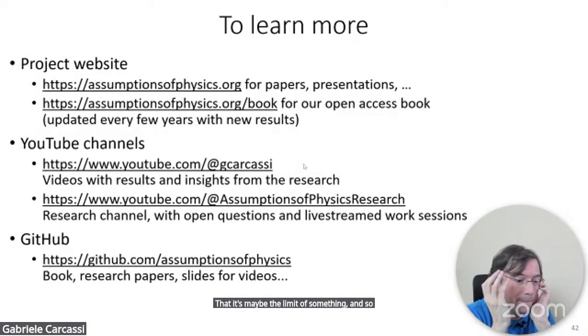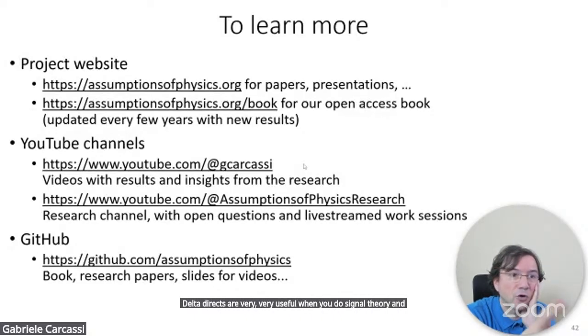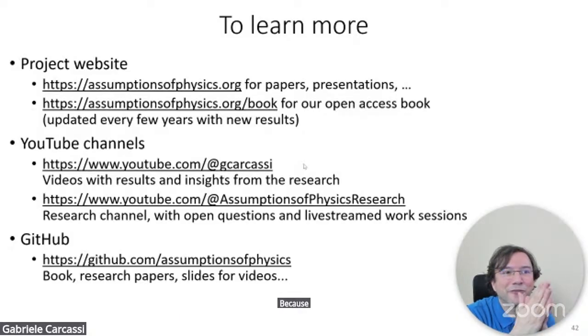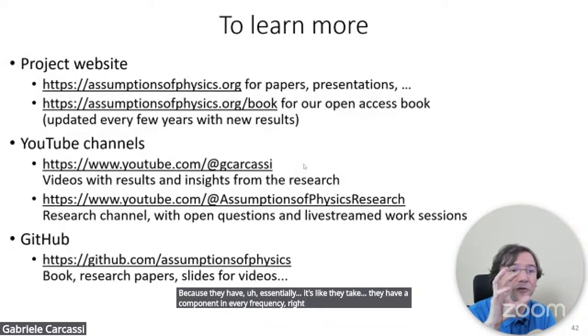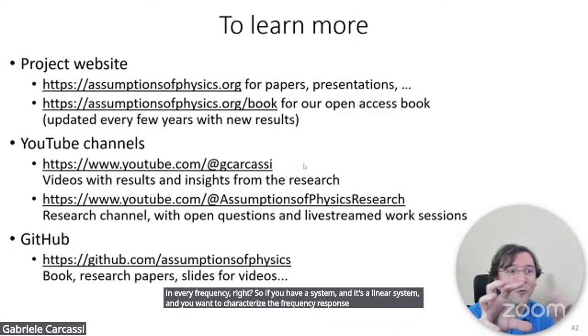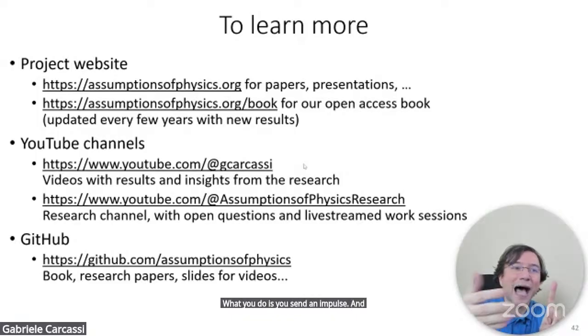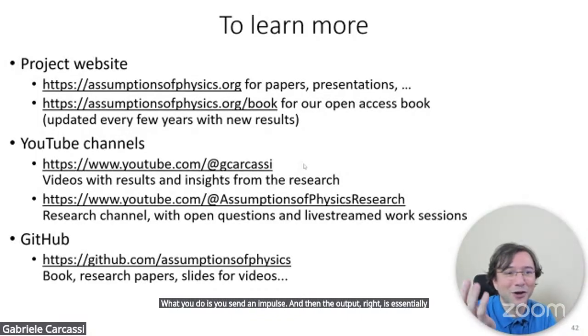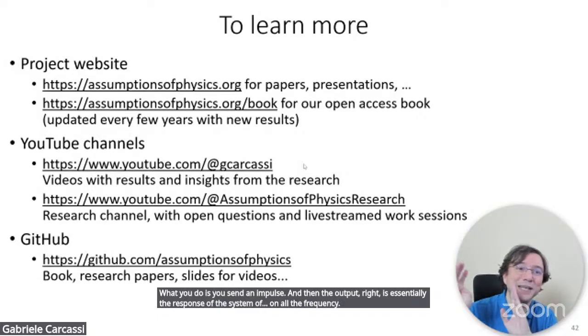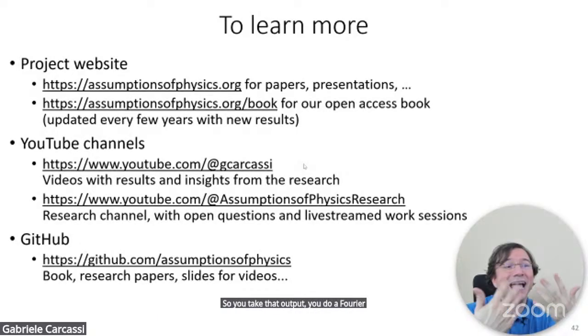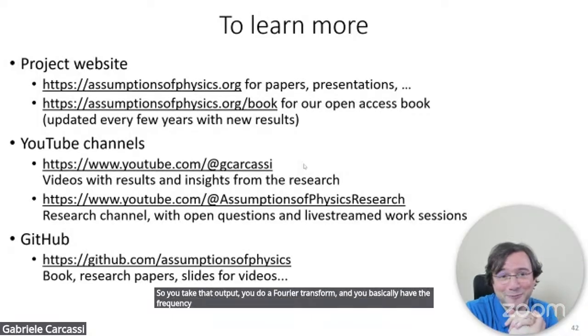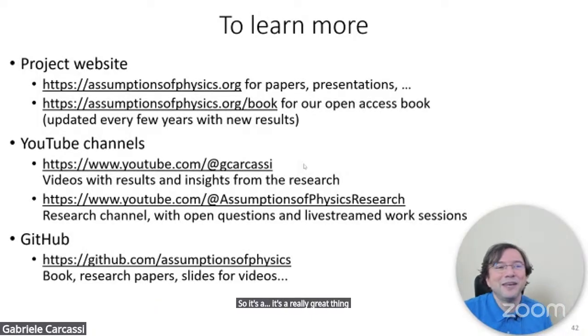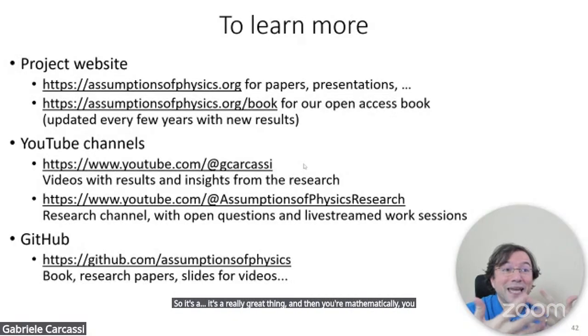And so, for example, delta Diracs are very, very useful when you do signal theory and control theory, because essentially they have a component in every frequency, right? So if you have a linear system, and you want to characterize the frequency response of that system, what you do is you send an impulse, and then the output is essentially the response of the system on all the frequencies. So you take that output, you do a Fourier transform, and you basically have the frequency response of the system. So it's a really great thing, and mathematically you can get this